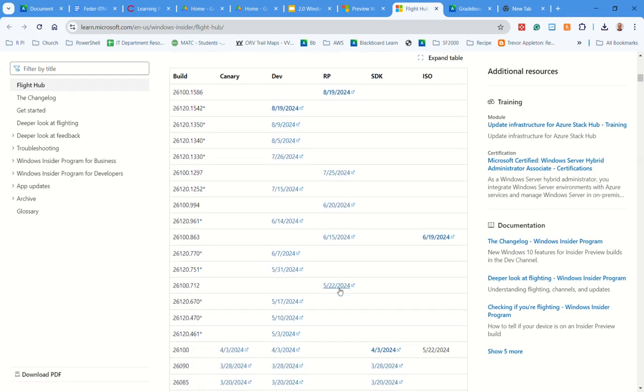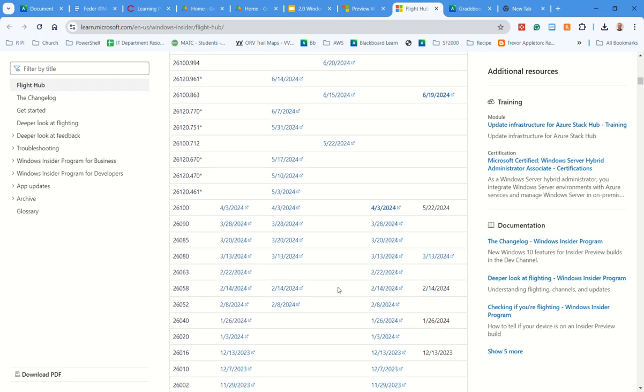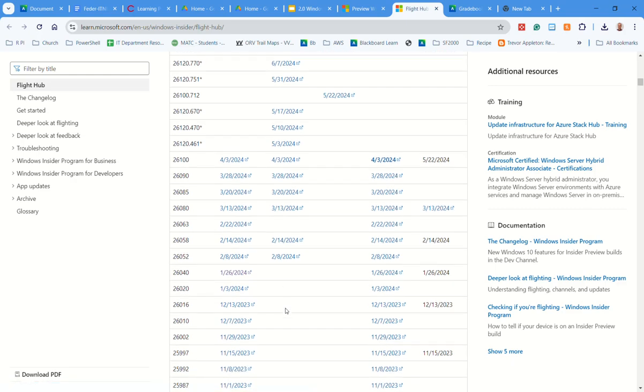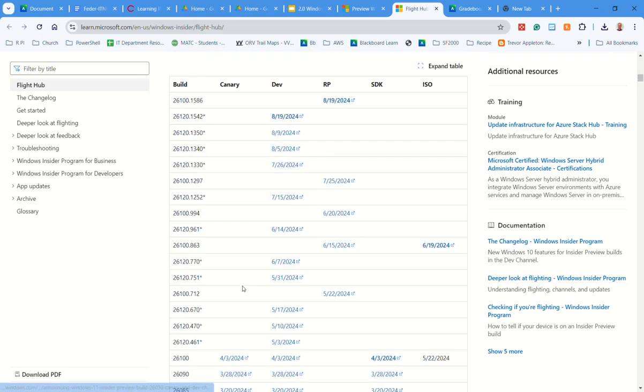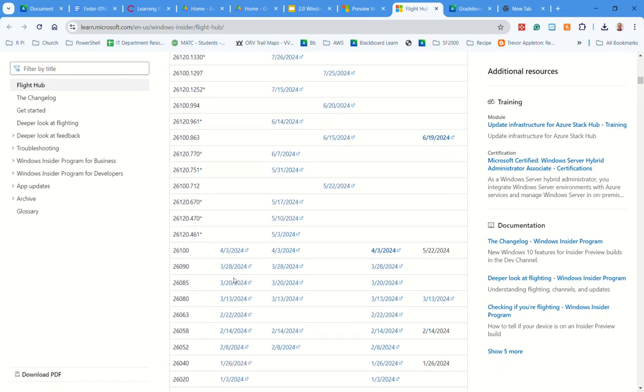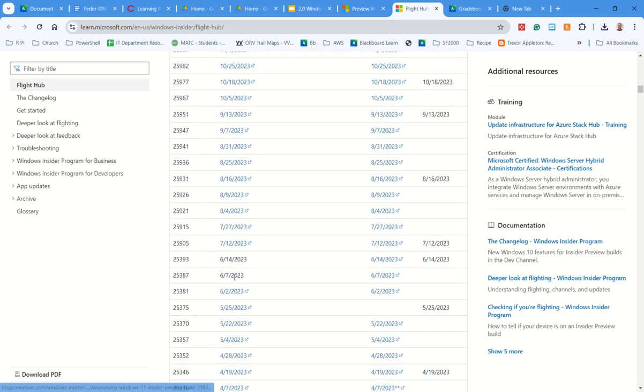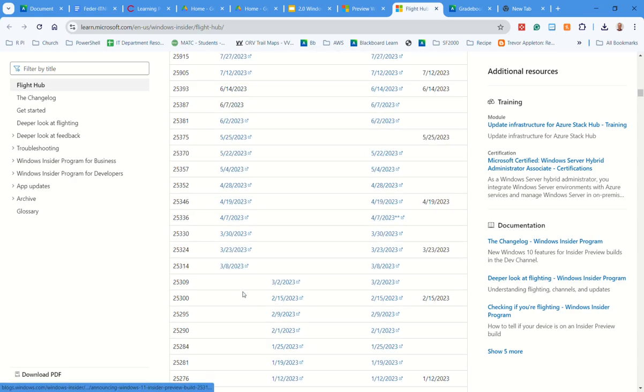And if we look way back at the development, we can see back in early 2024, and even before that, this Canary channel is the first column here. This is the most unstable channel. But wow, we could have gone back to 2023. We could have been looking at some early releases of this operating system. So the point is,